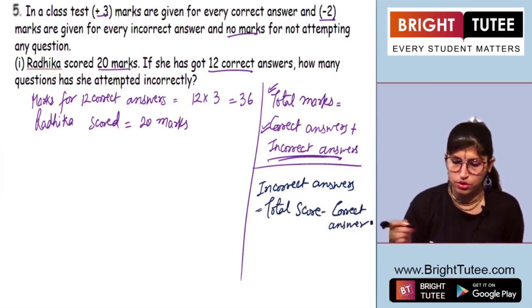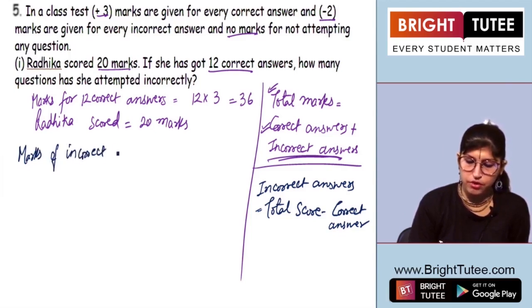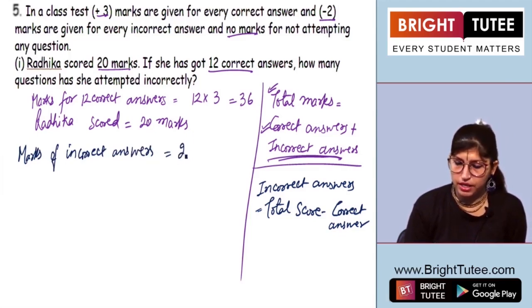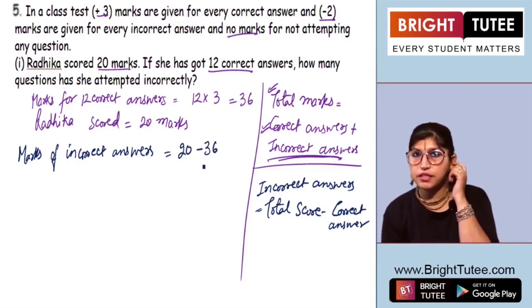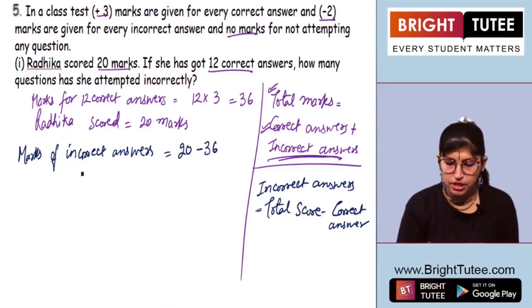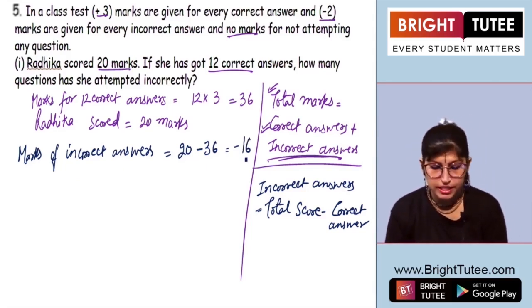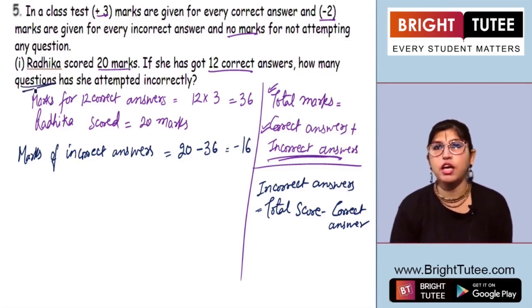So over here, we'll be getting the total marks for incorrect answers by subtracting: total score minus 36. Total score is 20 marks and we'll be subtracting 36, which is for correct answers. Now 20 minus 36 will be minus 16. Now minus 16 is the marks for incorrect answers, but they are looking for the number of questions she has